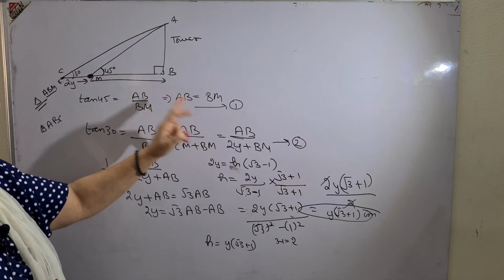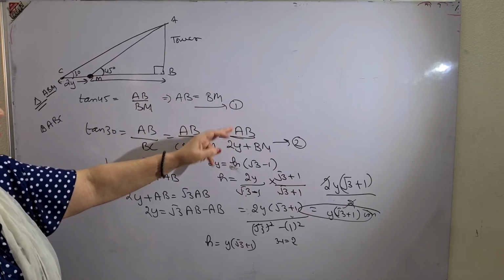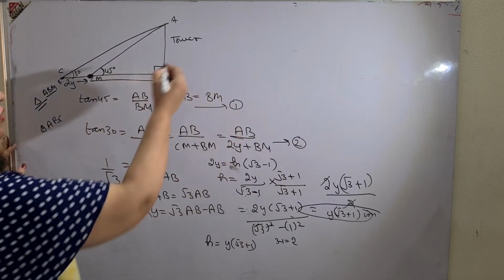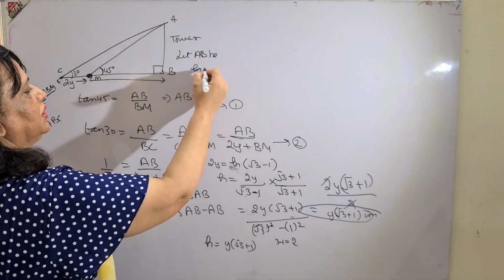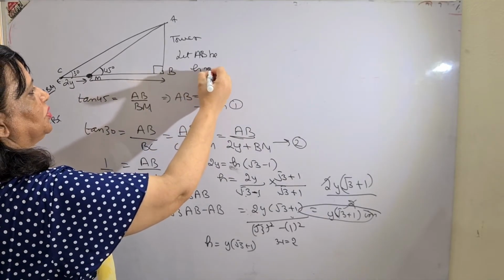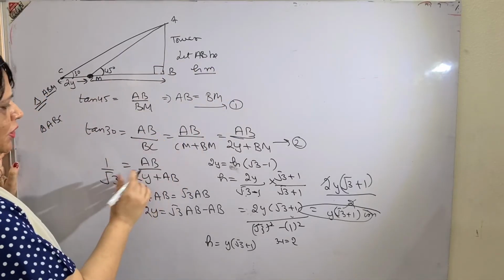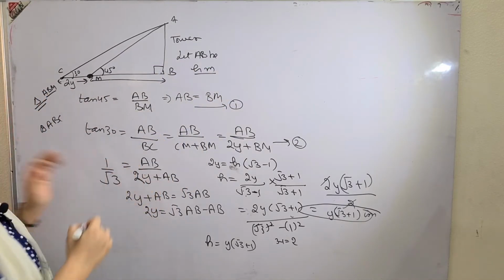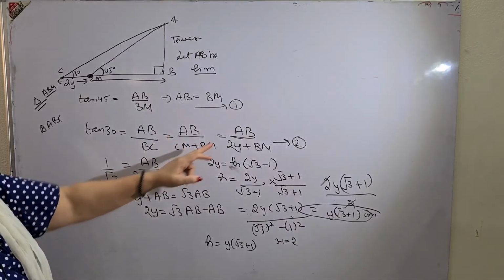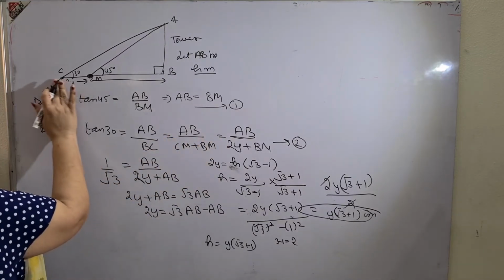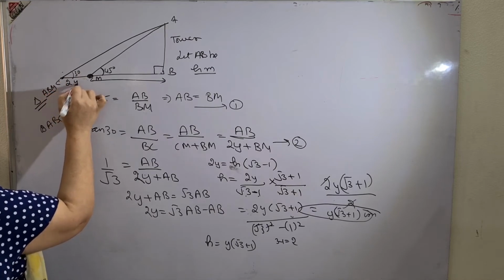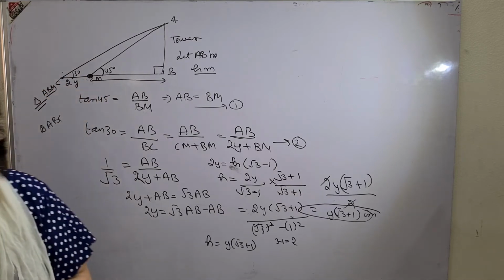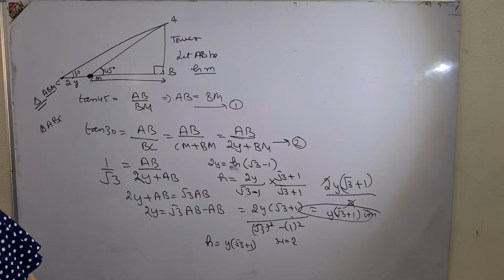In 2, you substitute the value of AB. Then in the last, you put the value of AB to be h. You can write here in the beginning, let AB be h, or height of the tower be h meters. Then substitute it. This is 2y. Put the value of CM to be 2y as it was given in the question, that CM is given to be 2y. Now, because when the angle changes from 45 to 30 degrees, it is 2y meters longer.